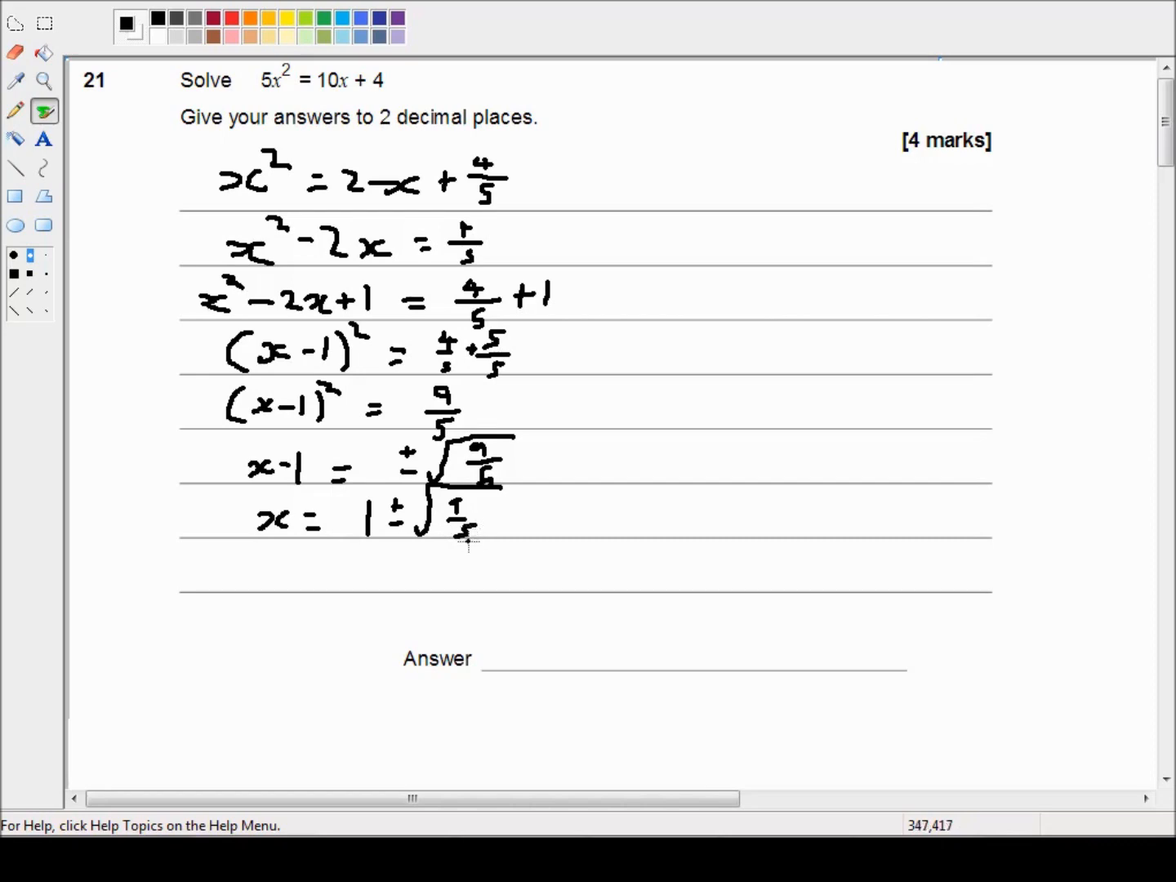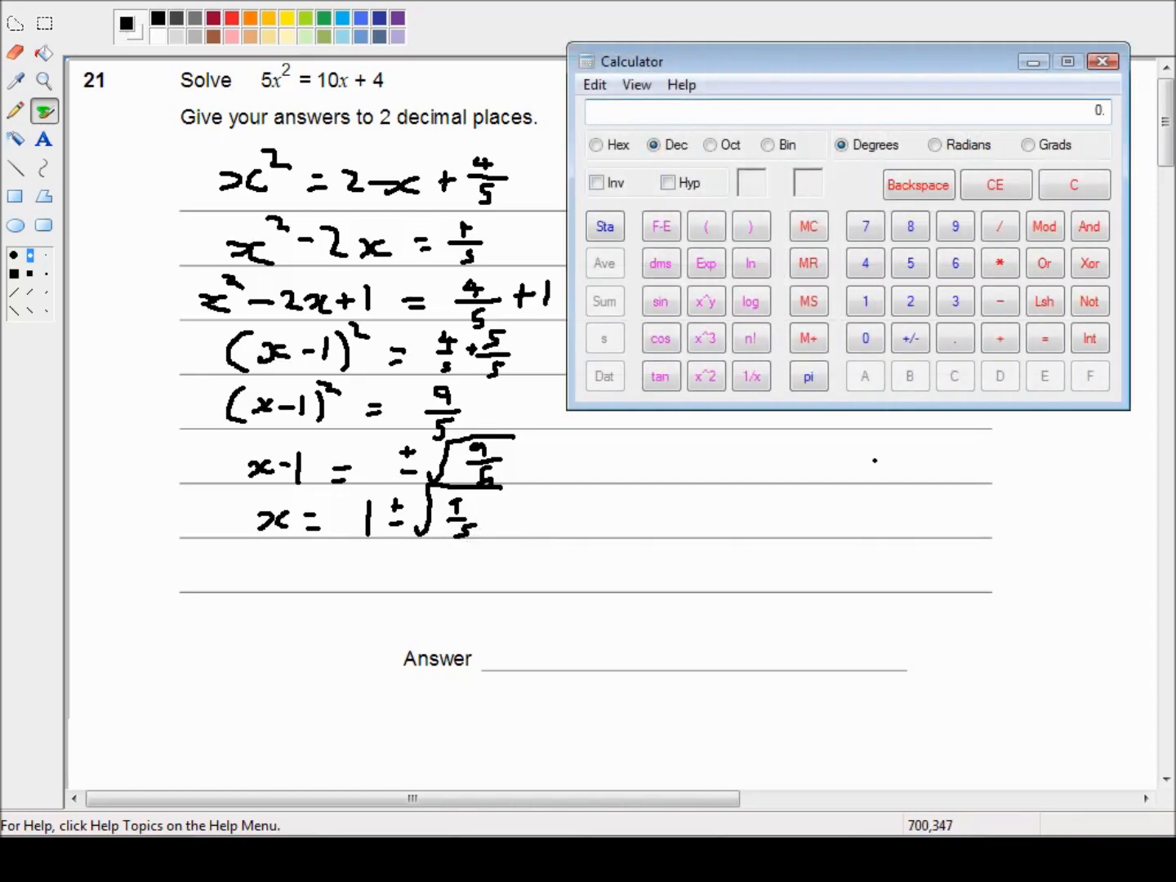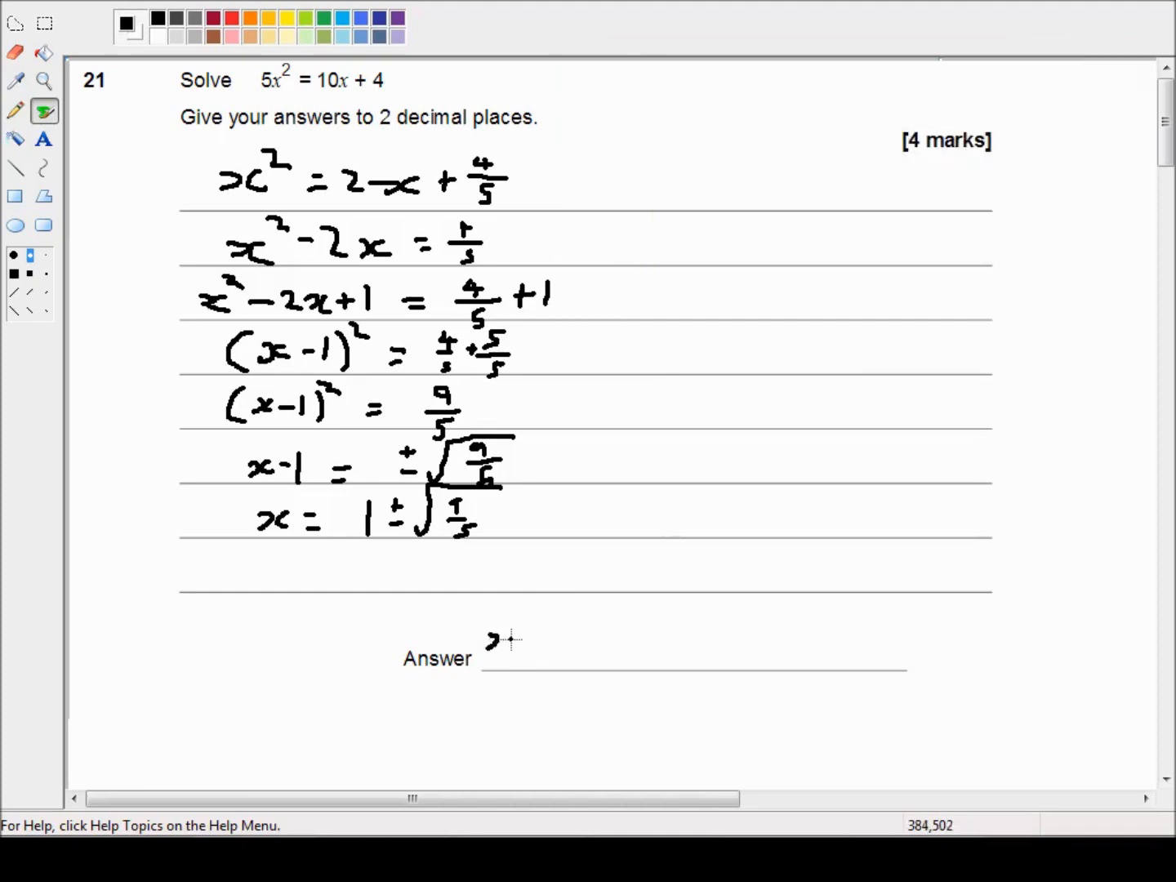And if I plug that into my calculator, I'm just going to type in 1 plus, and the way I do this on my calculator is to use brackets, open brackets, 9 divided by 5, close brackets, and then inverse squared to get the square root. Your calculator might work differently, which is why it's so important to use your own calculator. And if I hit equals, that's 2.3416, which I can round to 2 decimal places as 2.34. So x equals 2.34,